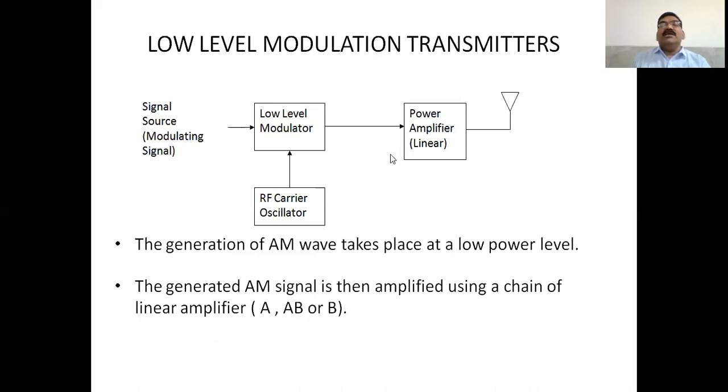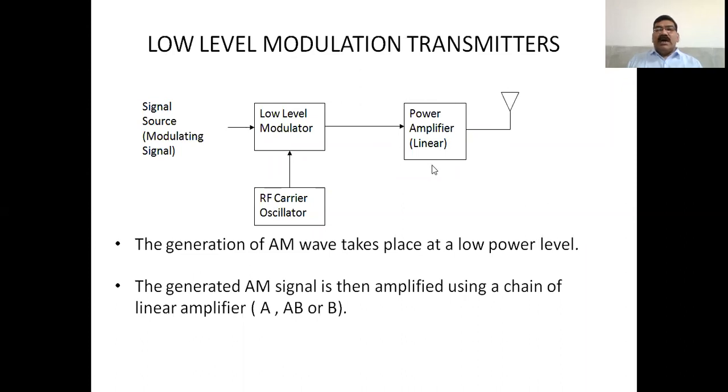So this is mainly mentioned here, linear power amplifier. Linear power amplifier means its response should be linear. Sometimes what happened, it goes in a non-linear manner. So for some frequencies or some range, it amplifies more, and for some it amplifies less. But here we recommend the response should be linear. So always, if you see any transmitter, probably most of the time your last block is the power amplifier. So why do you require a power amplifier? And finally, this is the antenna you are transmitting.